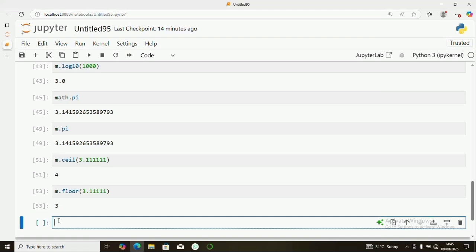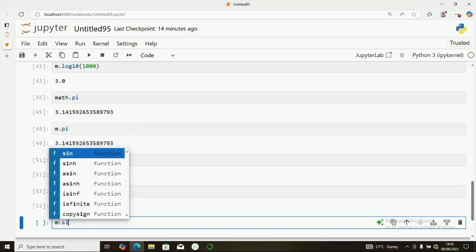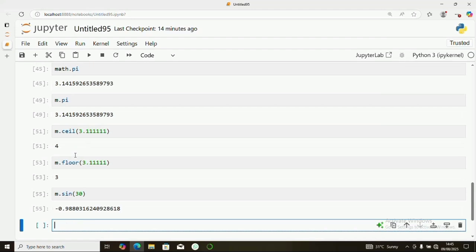So you can also find your cosine and your sine and everything that you want to find, your tangent and exponential and everything. So let's say we want to find the sine. You can see our sine here. Let's go for the popular one we know. Let's say sine 30. Okay, so you can see the result here, sine 30. If you want to find the cosine,